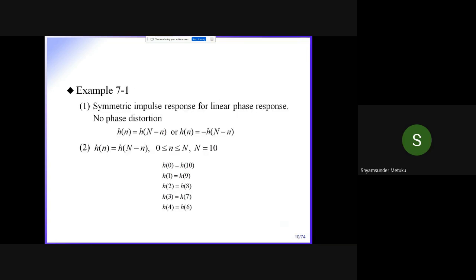So I think theta omega, is it linear or not? Linear with respect to omega, what is the slope? Minus 5t. Yes, sir. Theta omega is equal to minus 5 omega t. So minus 5t will be your slope, isn't it? Okay, this is a generalized example because numbers are not given. If h of 0, h of 1, h of 2, h of 3, h of 4 some numbers are given, simply you should substitute here in this expression. Okay, this is a solution for all type 1 FIR filters. Is it clear? Yes, sir.